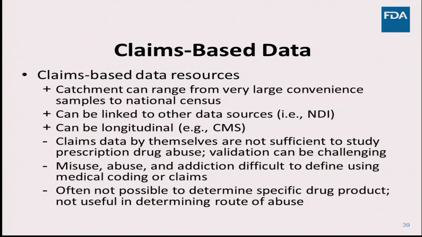Some of the things to think about, though, when you're thinking of doing studies with claims data is that almost half of the individuals with a drug overdose or other drug-related adverse event do not have a record of being dispensed an opioid. And because of that, you can't really assume that an opioid that was dispensed is the same as the opioid that was abused. And individuals, again, that come to the attention of the medical system might be anywhere. They could be experimental or recreational users, or they could be rather severe in their substance use disorder.